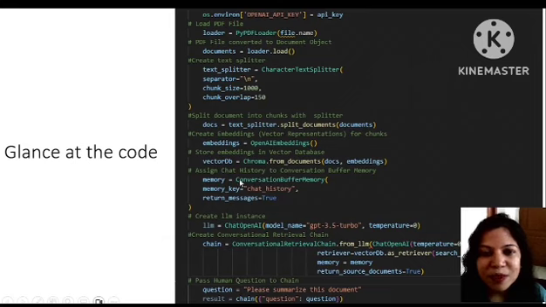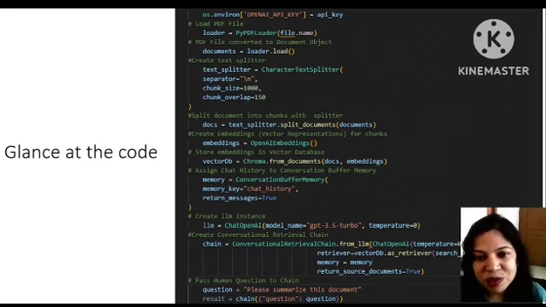The next step is the vector DB, wherein you store these embeddings into a vector store. So this will be actually retrieved when the retrieval step comes. After that, the storage part is done in the vector DB. Now what we have to do is assign conversational buffer memory so that we have a memory where the chat history is saved for the current session. After that step is also done, we create an LLM instance,